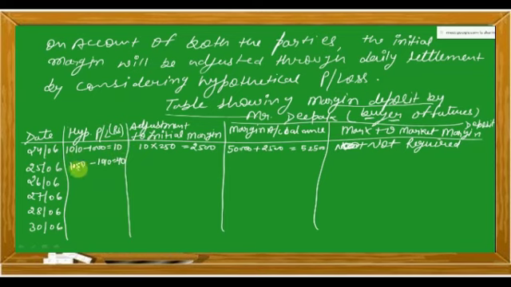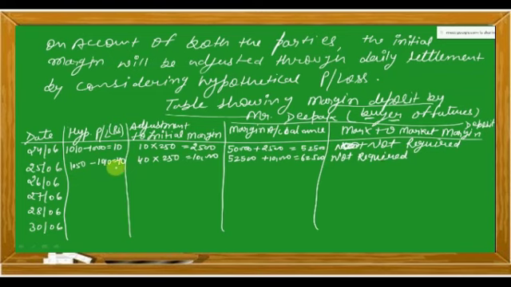On 25th of June, it is 1050. The previous closing price was 1010. We'll take a difference of 40 multiplied by 250, which will come out to be 10,000. So the margin account balance, earlier it was 52,500 plus 10,000, 62,500. Is there any requirement? Not required. Why? Because the amount is already above 50,000. So not required. Let's come on to the 26th of June.